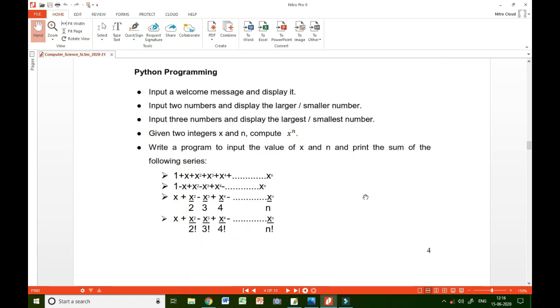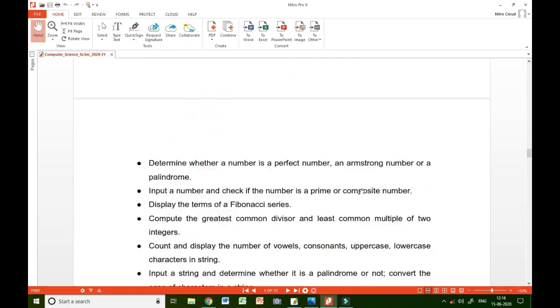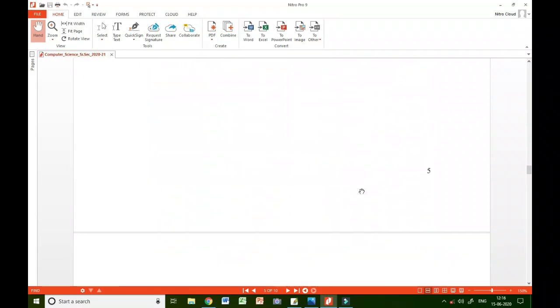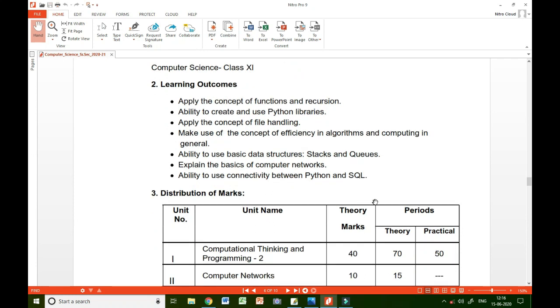Here are some Python programming questions which you can get in the 11th class. Now I am coming to the 12th. Here, on the basis of what you learn in 11th class, you will get some concepts of functions and recursion. You will also learn how to create a Python module and libraries. You are also going to learn the concept of file handling, which is in the form of text,